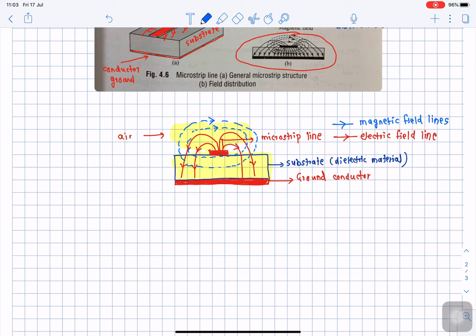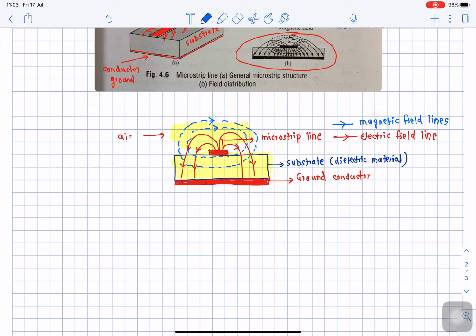So please remember that though the microstrip transmission line is a two conductor system, it does not essentially follow pure transverse electromagnetic wave propagation. The details of why, with a vector diagram, we will see when we come to the second module, that is waveguides. For the time being, just remember that the microstrip transmission line is a printed circuit transmission line, popularly used for carrying microwave signals at very high frequency in the circuit.